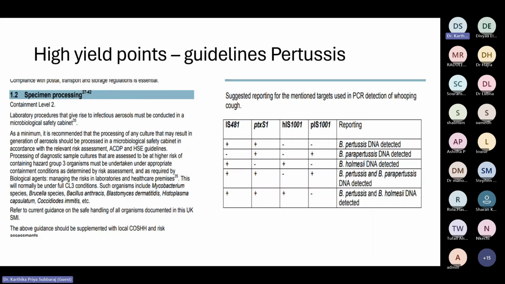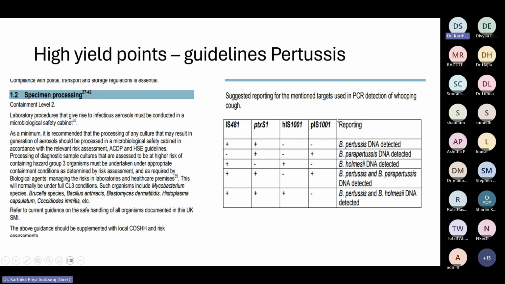They will give examples and they will ask which organism you will process under containment level 3 or 2 kind of questions. Even you can remember with the list if you are able to memorize it. But this one is good. So they will ask questions from this specimen processing section. And also they will give exceptions when you need to process it under CL3 as well. So if you're processing something in biosafety, that is containment level 3, what are all the organisms kind of questions, all those you can answer by reading this area.